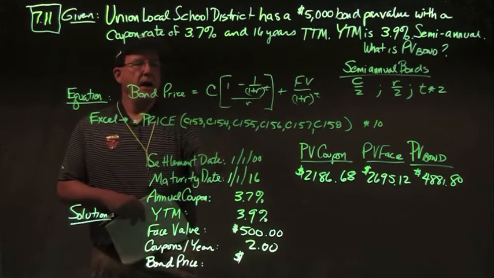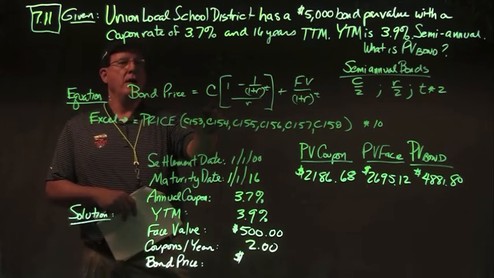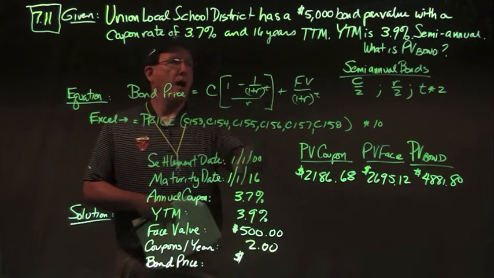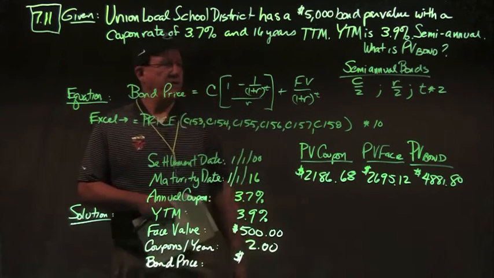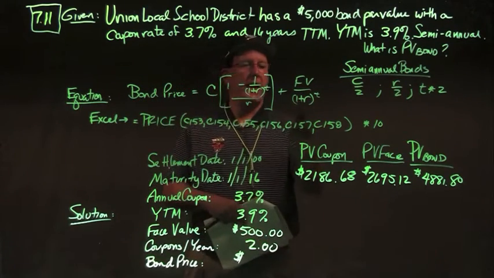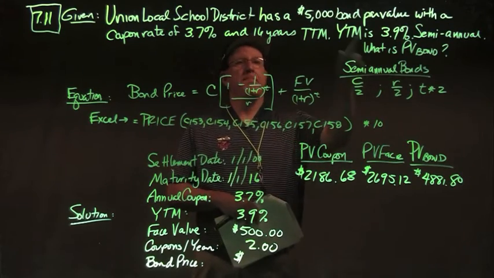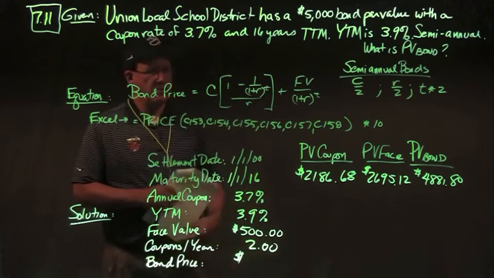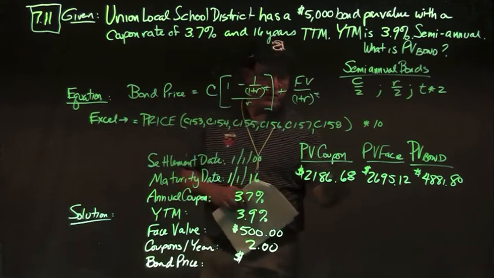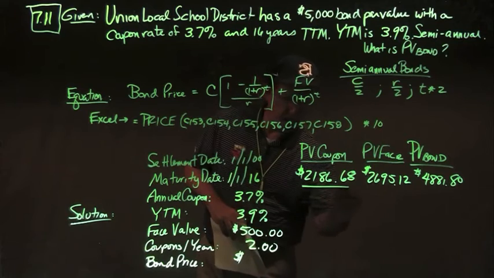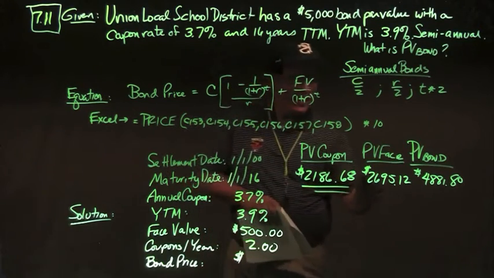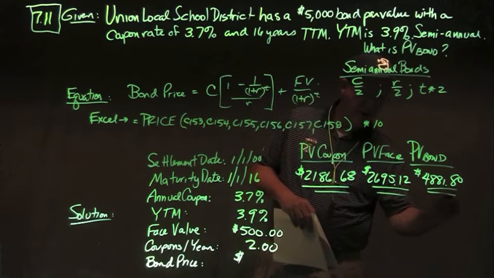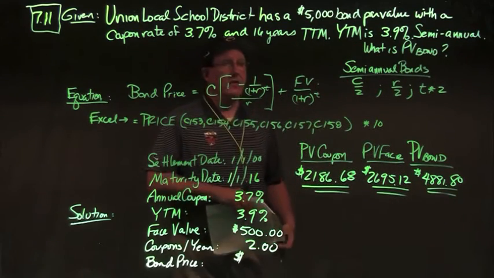Let's review again. C, I'm going to put in coupon of $37 divided by 2, $18.50. R, I'm going to put in 0.039 divided by 2, or 0.0195 in each case. T, I'm going to put in 32, 16 times 2. Face value is going to be $5,000. If I do that math, I get a present value of the coupons, first part of the equation, of $21.8668. Present value of the face, this part, $26.9512, and I get a discount bond, which is selling for less than $5,000,